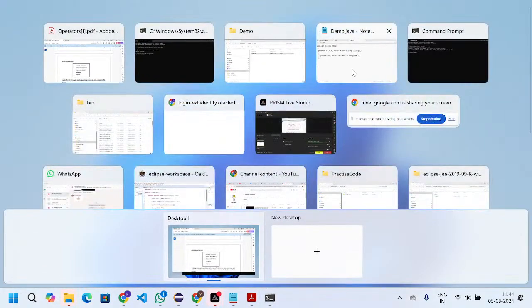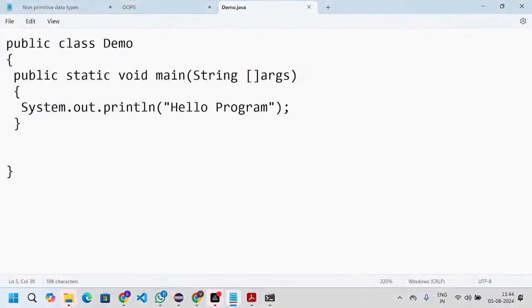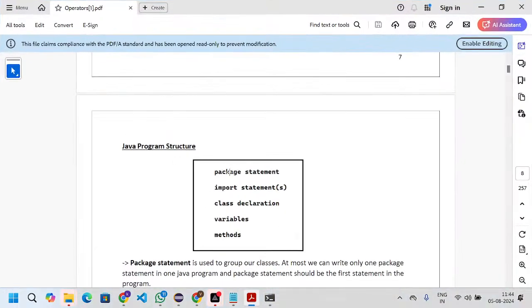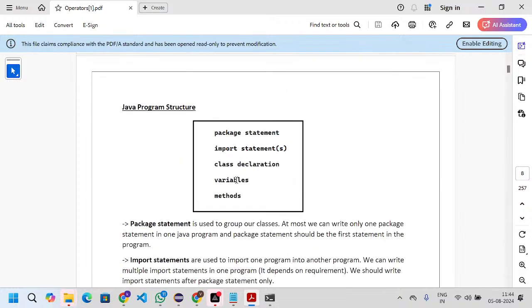If you observe this program, I haven't written any package statement or any import statement. These two are optional, but if a package statement is present, it must be the first statement.